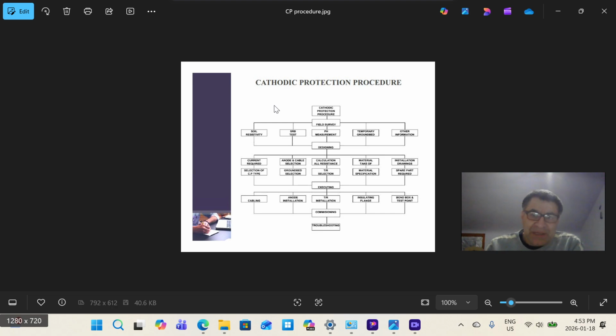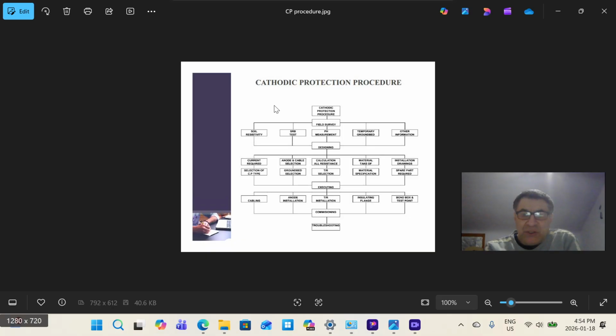TR selection, material takeoff, bill of material, order all the material for anodes and which type of anode, magnesium or aluminum, material specification for material,